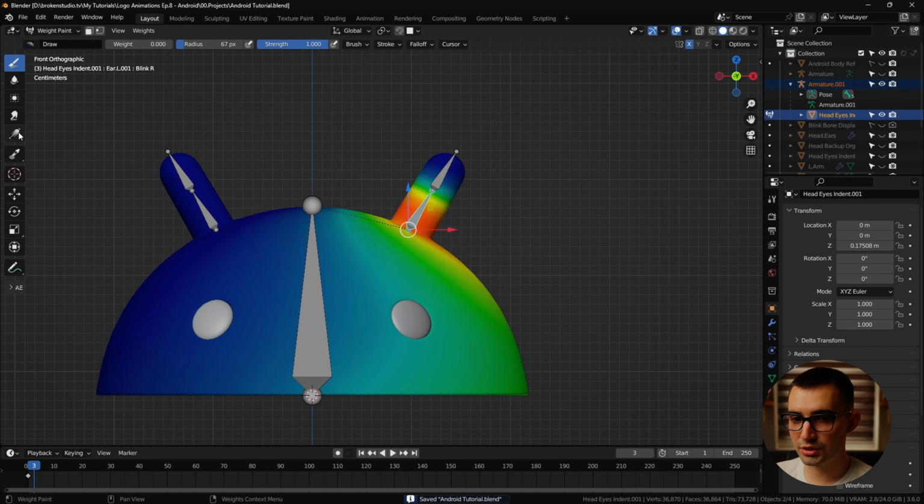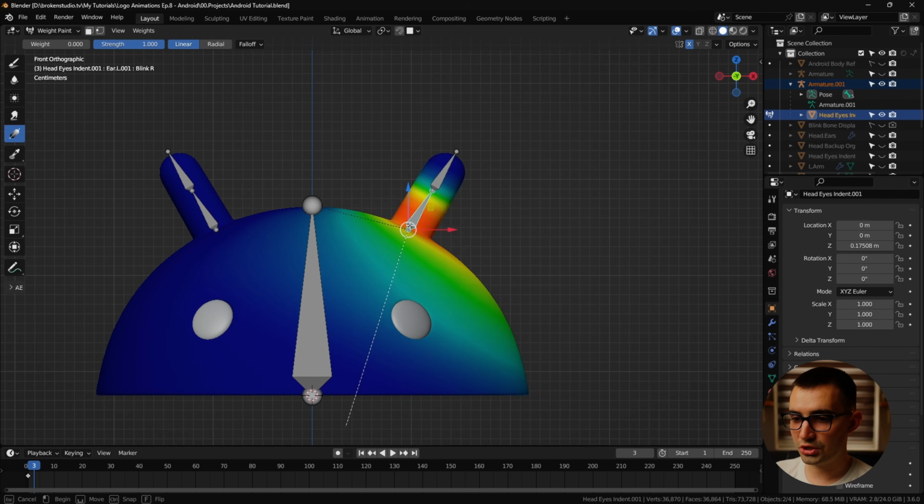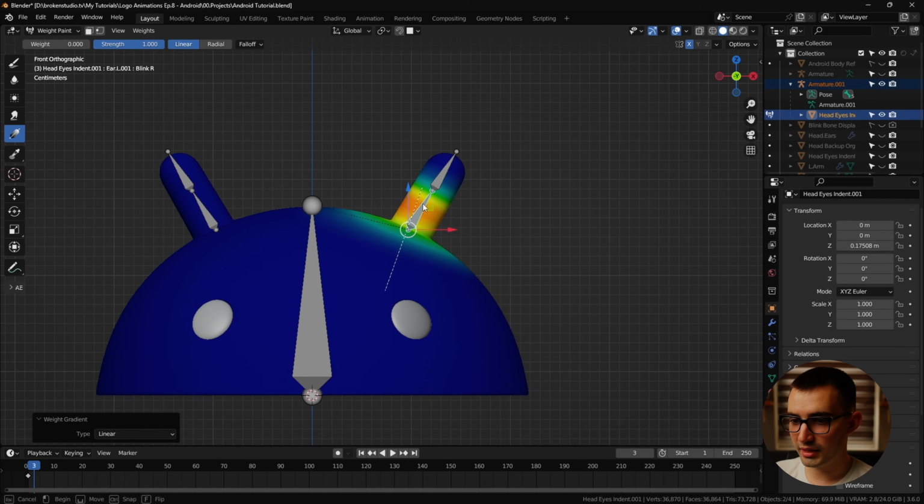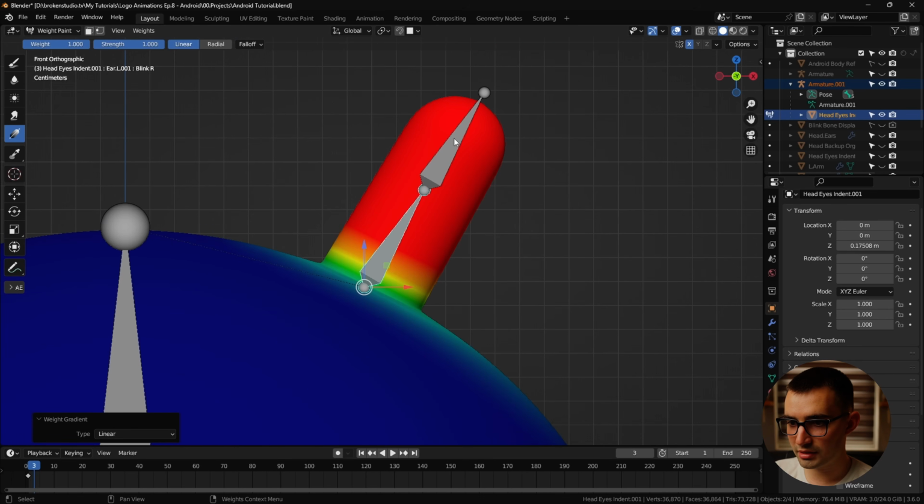And this time we'll switch back to the gradient tool and make sure the weight is set to 0 so we can get rid of all of that. And then we'll set the weight back up to 1 and we'll draw the whole ear. Don't worry about the top part of the ear right now, it doesn't matter. Just want to make sure the whole ear is red and then set the weight back down to 0 and